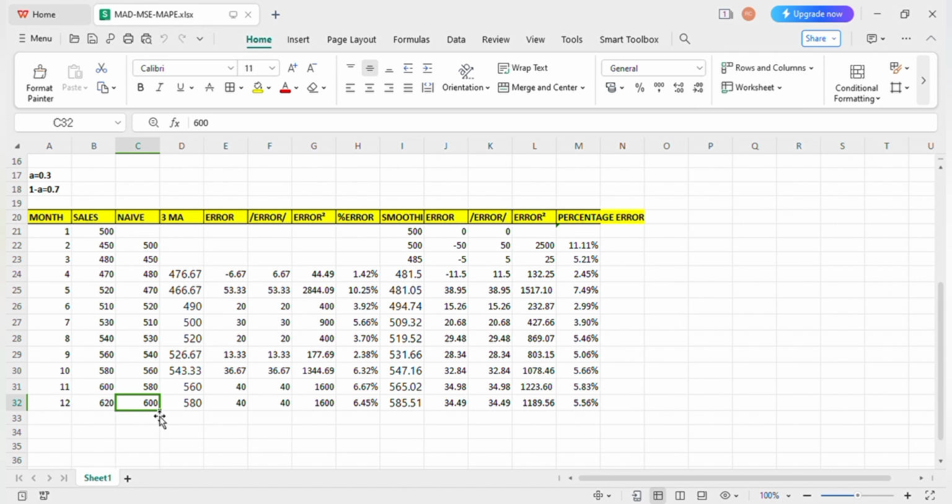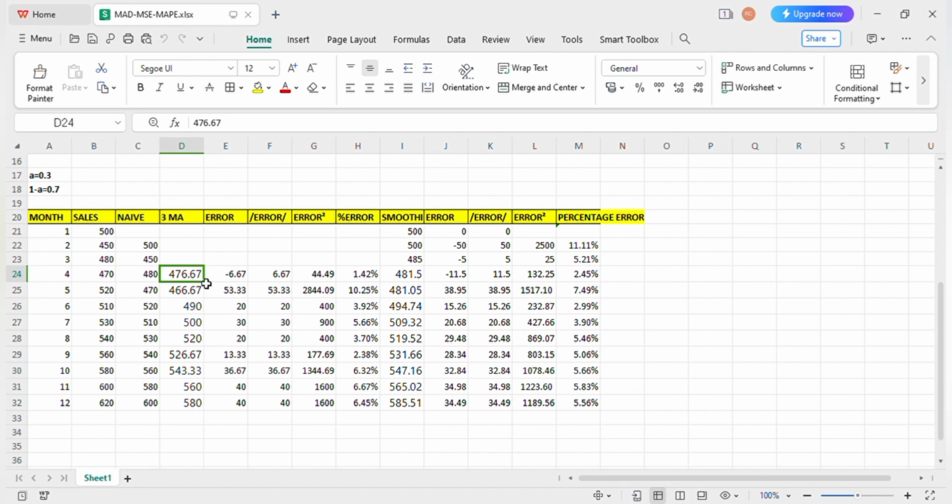After that, let's find the three moving averages. We consider here January, February, and March, the third period. The actual demand on the first period is 500, the second period is 450, and the third period is 480. We divide the sum by 3, because it is 3 periods all in all, and we have the result of